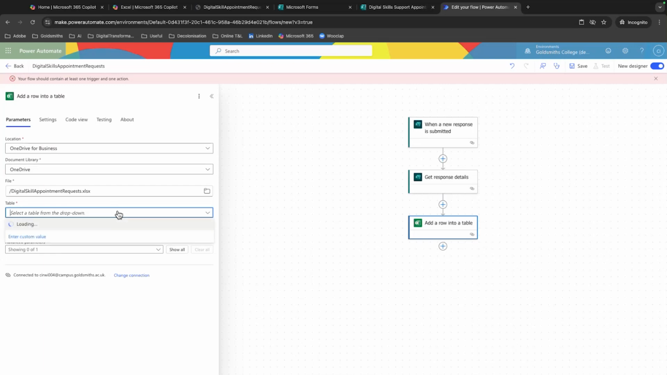And then I need to select the table from that spreadsheet. So you can see why you need to name your tables appropriately. Okay. And when I've added this in, you can see that this advanced parameters box has gone up from showing 0 of 1 to 0 of 8. If I just press show all,